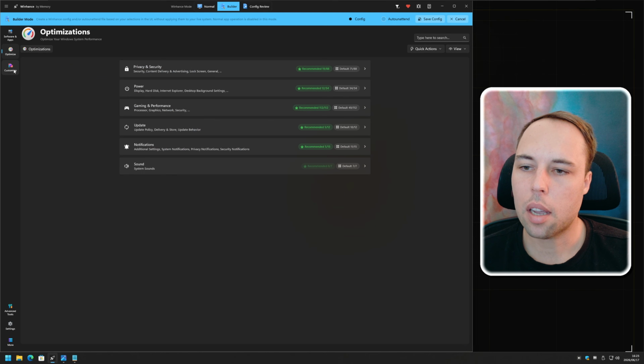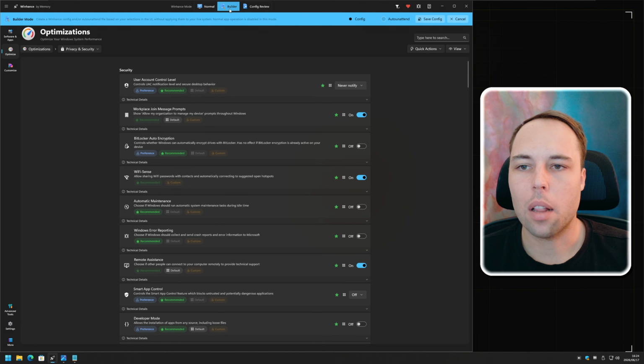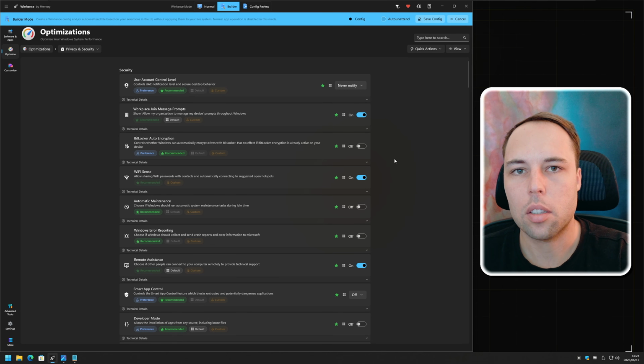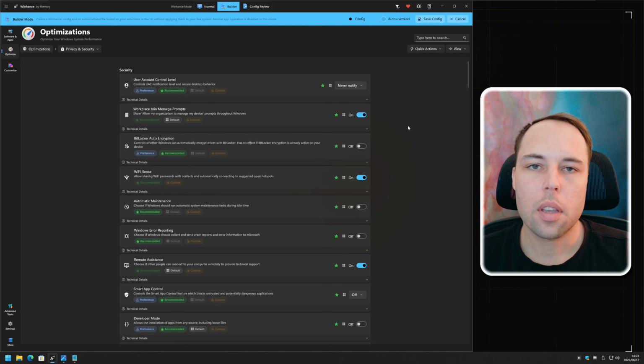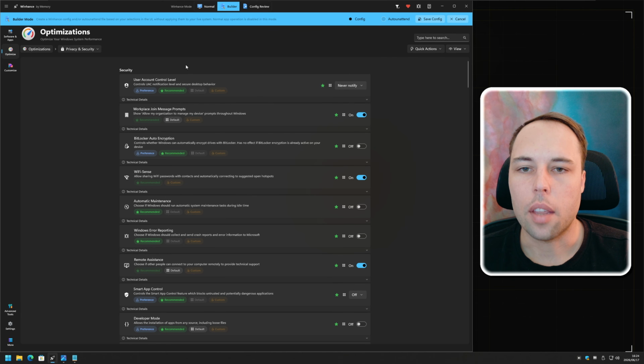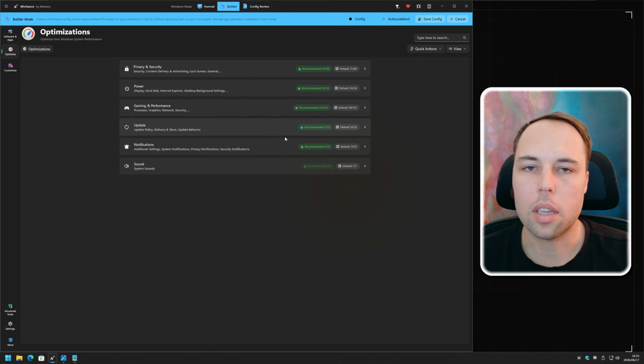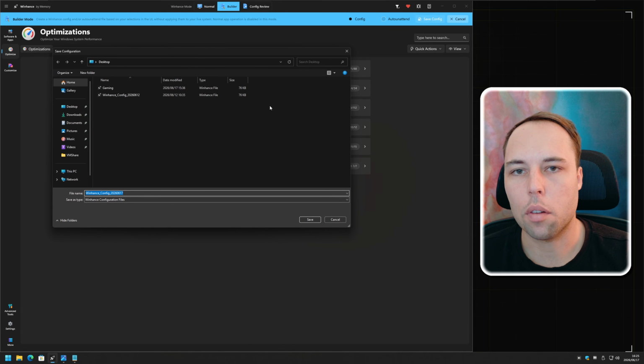And in the optimize and customize section, you can also change these settings, and whatever changes you make while in builder mode, it's not going to apply to your live system. But like I explained before, the WinHance UI is already filled in with all of the current states on the current computer that it's running on. So if the current computer that you're using is already set up the way that you like it, then you can just select the apps that you want to be included in the config file. But if you want to make changes to some of these settings before saving it, then you can do so and then go ahead and save the config file.